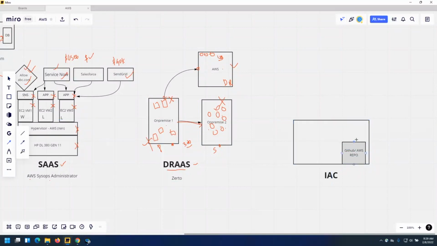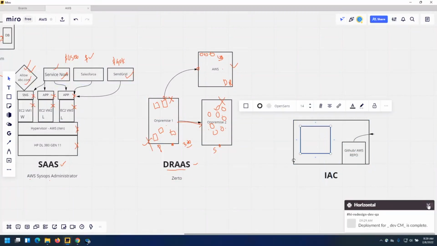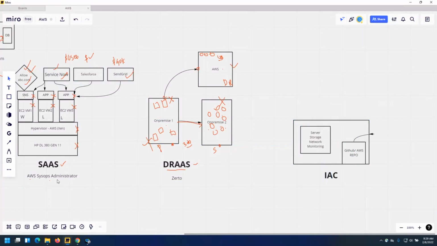And what happens? It will execute and automatically deploy the code in your machine, and in turn create server, storage, network, and monitoring. These are the four services that you want to deploy. You don't want to do it manually by logging into the portal. No, we will run it via your IaC deployment. So when you execute this code, automatically these services will be started. You don't need to do anything.